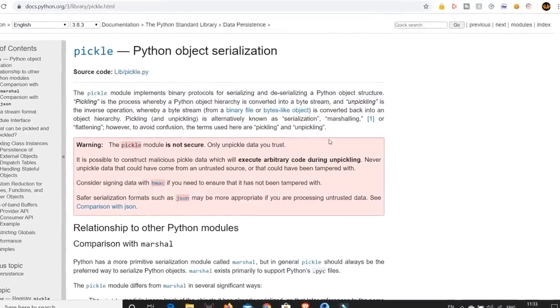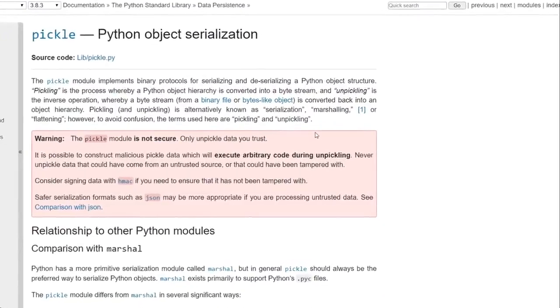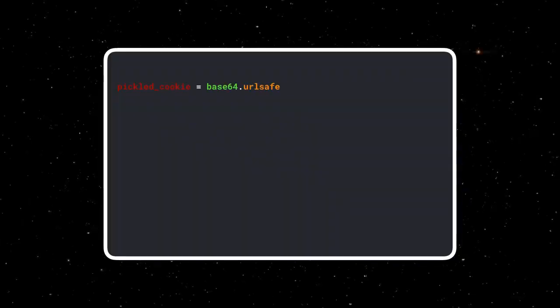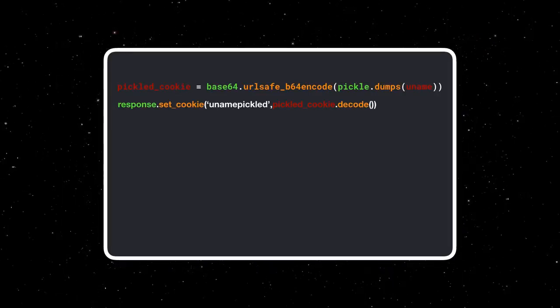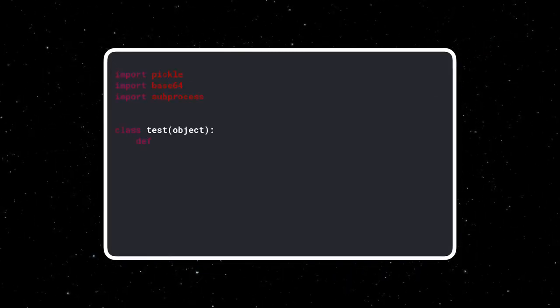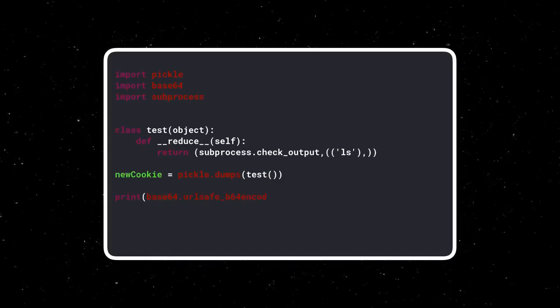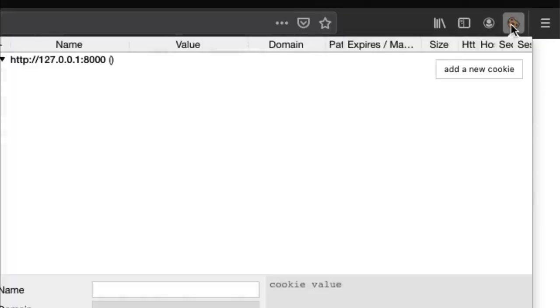For example, consider that a website is using the Pickle library in Python to serialize and deserialize data. The server serializes some data and writes them into cookies. The cookies are then sent to the browser. Now a hacker can take advantage of this by replacing the cookies with a serialized Python object, which looks like this. When this object is serialized with the Pickle library and sent to the server in the form of a